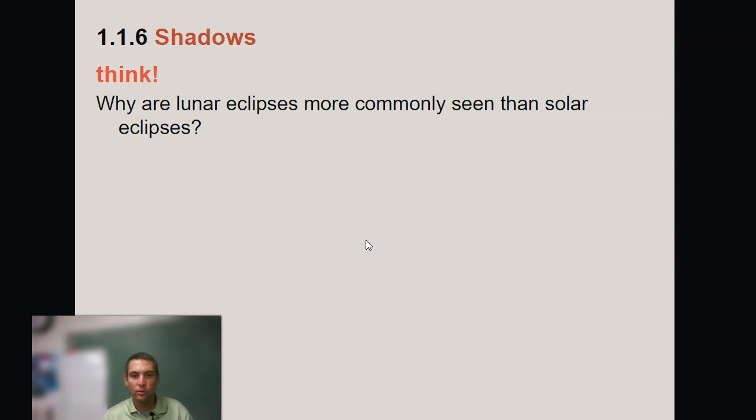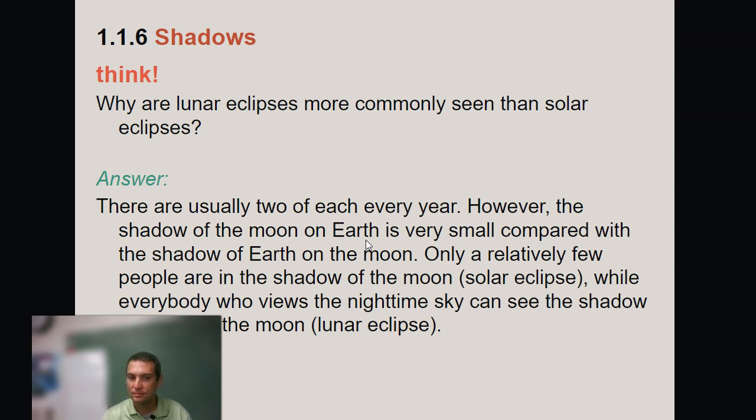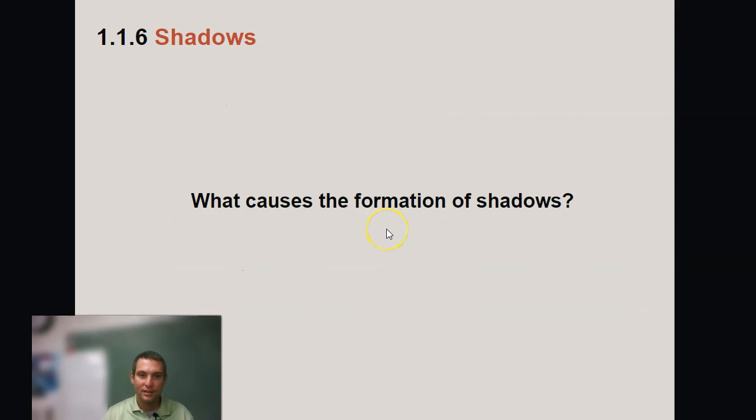Think about this. Why are lunar eclipses more commonly seen than solar eclipses? There are usually two of each year. However, the shadow of the moon on Earth is very small compared with the shadow of Earth on the moon. Only a relatively few people are in the shadow of the moon, the solar eclipse, while everybody who views the nighttime sky can see the shadow of Earth on the moon, the lunar eclipse. So now you should be able to comfortably answer this question. What causes the formation of